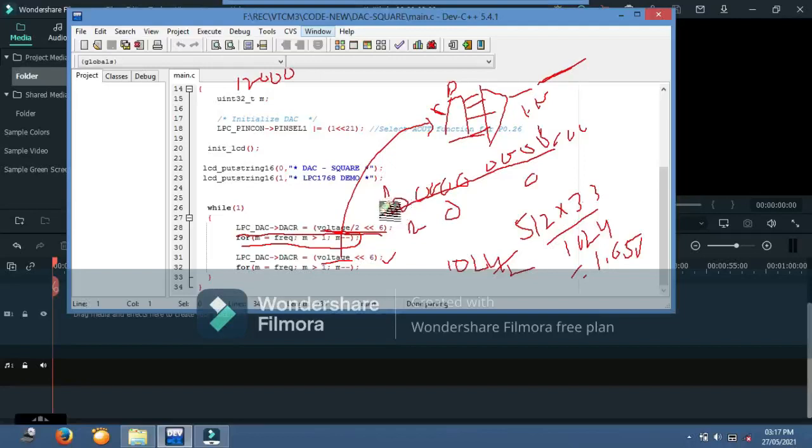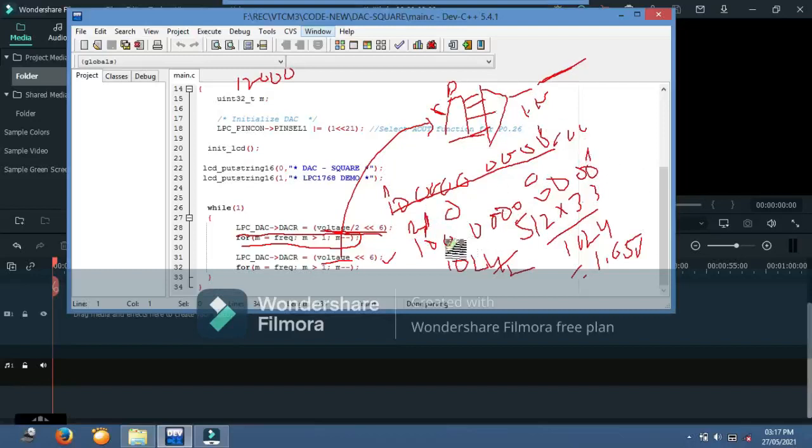1024 means this value will be 1 0 0 0, 0 0 0 0, so the 15th bit is this and the 6th bit is this.